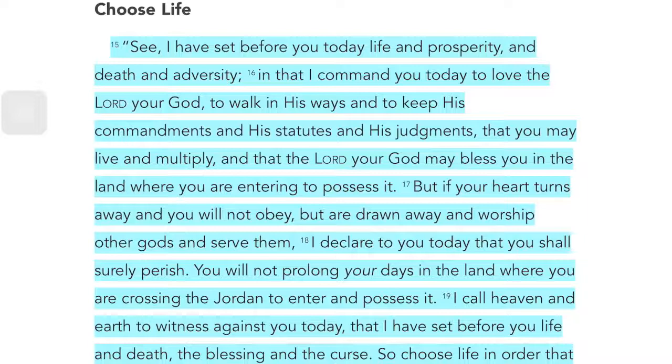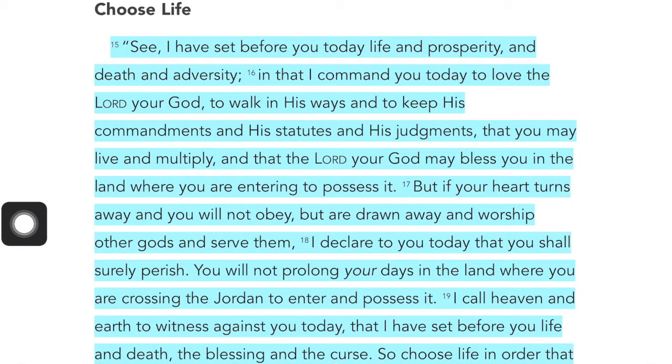He reminds them to love the Lord your God, to walk in his ways, to keep his commandments, his statutes, his judgments. See how he's summarizing all of those things all the way back to that: don't eat from any other tree in the garden, to honor me in all your days, through Noah, Abraham, Isaac, and Jacob, into Moses now, and to keeping his statutes and commandments, even earlier in Deuteronomy, in the Shema. All of these things are coming together here. And God says you can now go into this land of prosperity and life, and you can possess it.